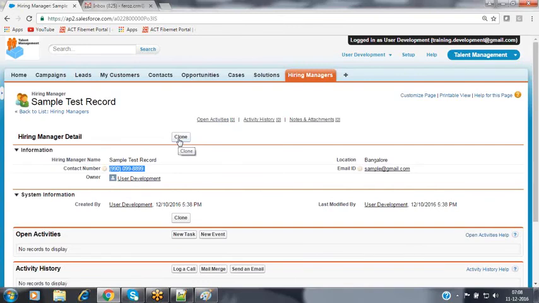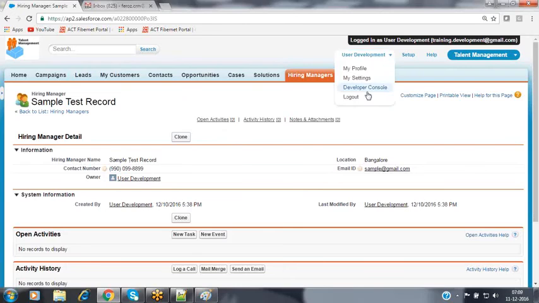So if you want to remove the buttons at the page layout level, then we have to go with the profile. In that profile, go to the object level permissions. In the object level permissions, six checkboxes are available. Depending upon the button which you want to remove, we can specify that here. Now, for this user, I want to grant the edit permission also, but I don't want to grant the delete permission here.